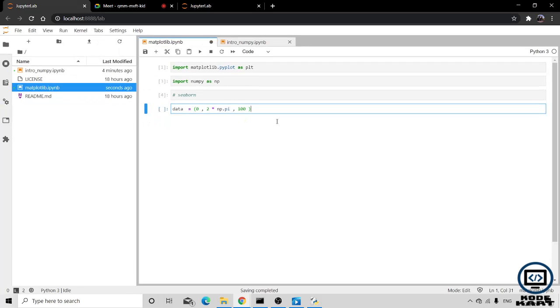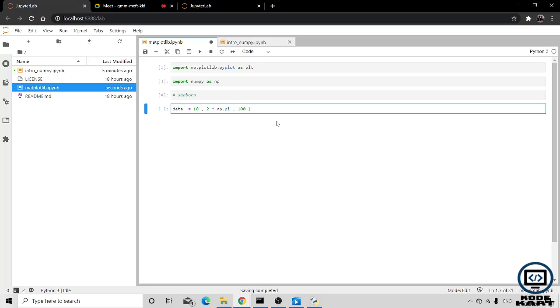Let's visualize it in an image. np.pi means 180 degrees, but if we multiply by 2, it is 360 degrees. So we are going to generate 100 values from 0 to 360 degrees.